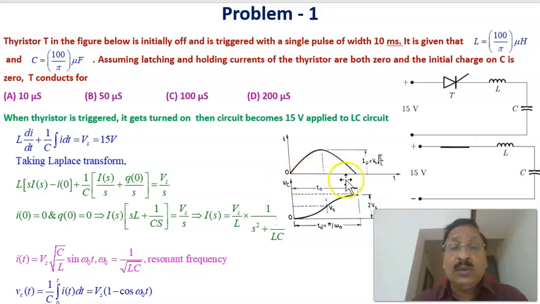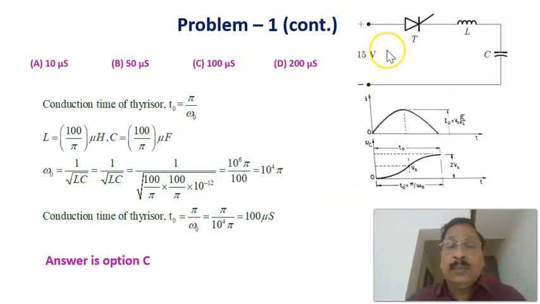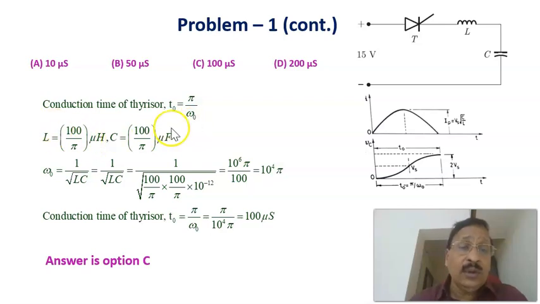Now we have to find out the duration for which the thyristor will be conducting, which is equal to pi by omega naught. Pi by omega naught, we will find out in the next slide. Continuing the previous problem, we have to find out this duration for which the thyristor will be conducting. So for pi by omega naught, you have to calculate